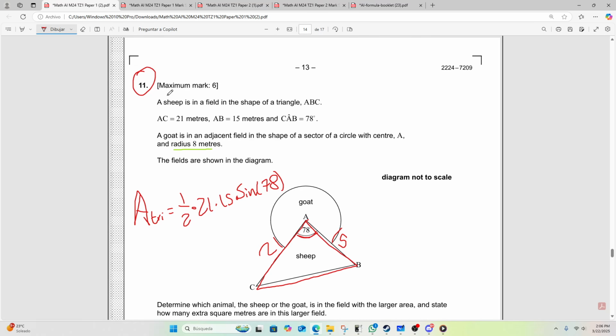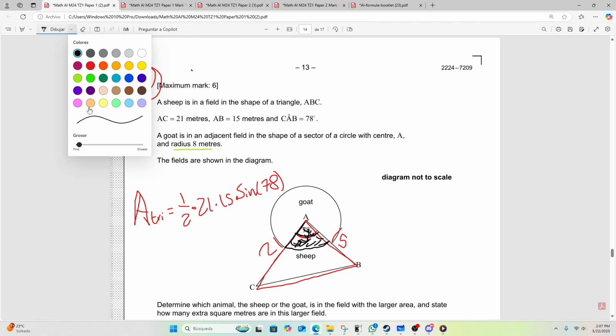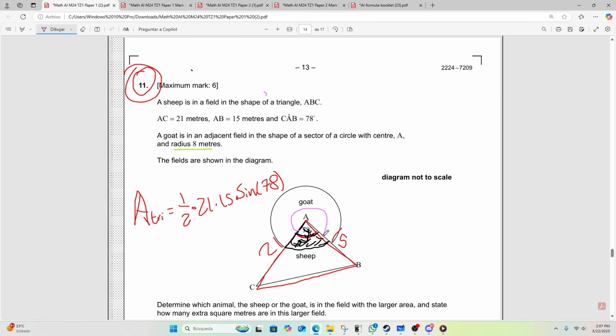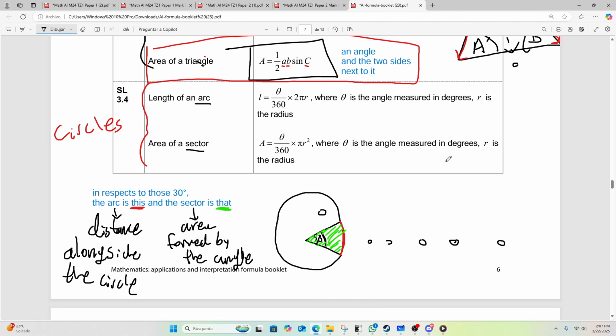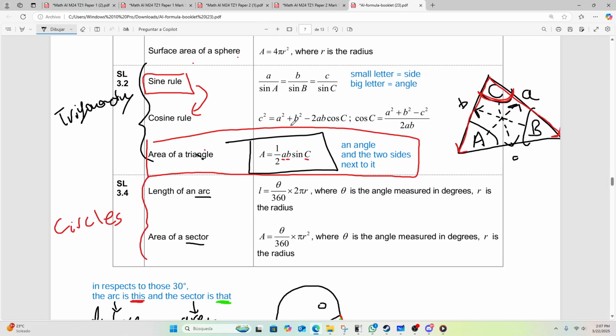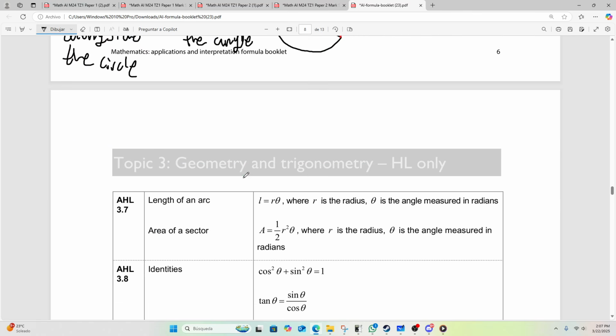I'm pretty sure I'm going to upload a video explaining number 11 anyways, so you can check it out here. But you actually use the sector formula right here anyways for finding that area in this exercise. And you can also use it to find the area of this sector. It's a bigger sector, but it's still a sector of this whole thing. All right. So I'll again check the description for all these ideal examples, or at least what I consider the ideal examples.